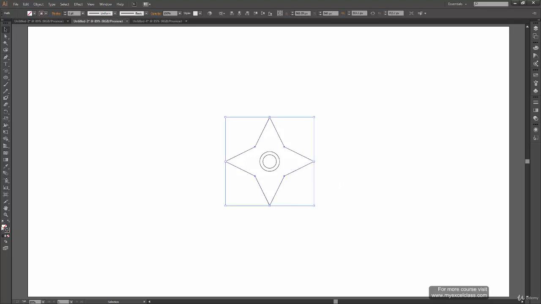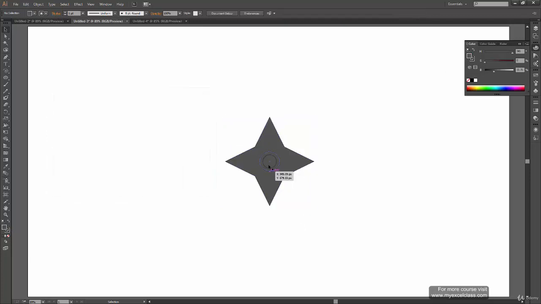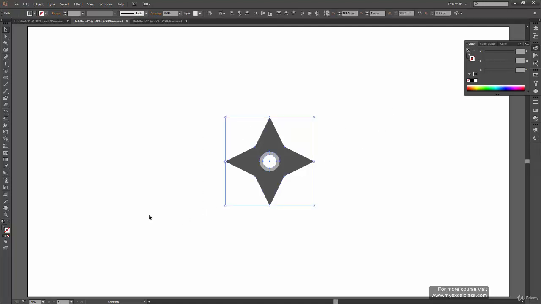Now if you actually go ahead and fill some color into this, like fill a little bit of gray, and here in this circle you can fill white color, and this one a little light but still have a tint of gray. Okay, and finally you can remove the outlines to have a shuriken kind of thing created just by using a star and ellipse tool. So yeah, possibilities are infinite with this kind of tools. So all you need to do is experiment with these tools and see what all you can create.